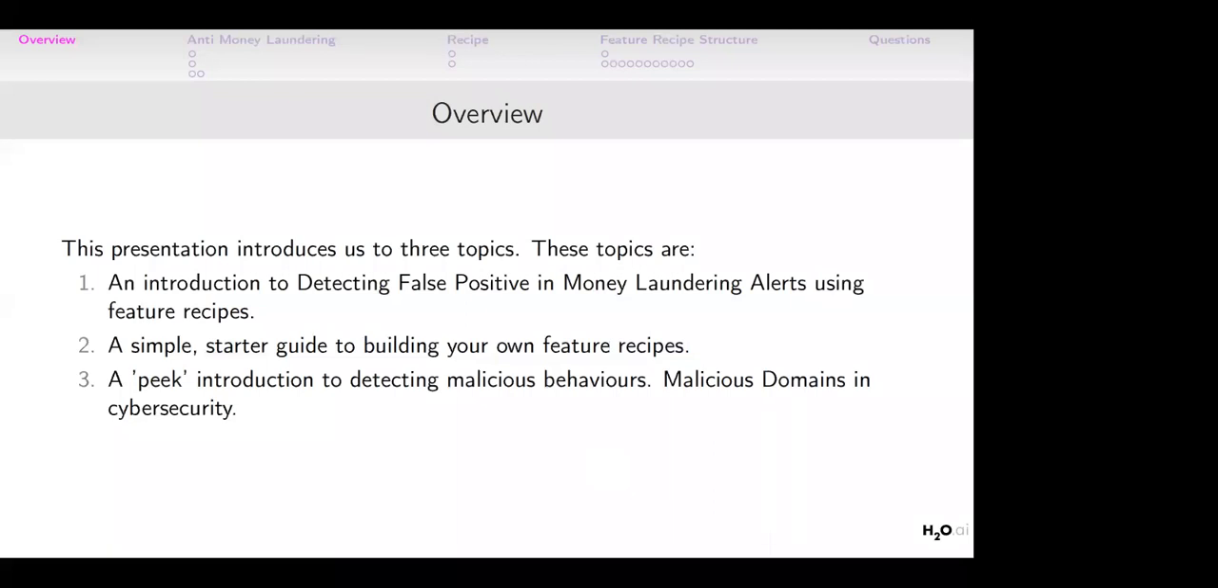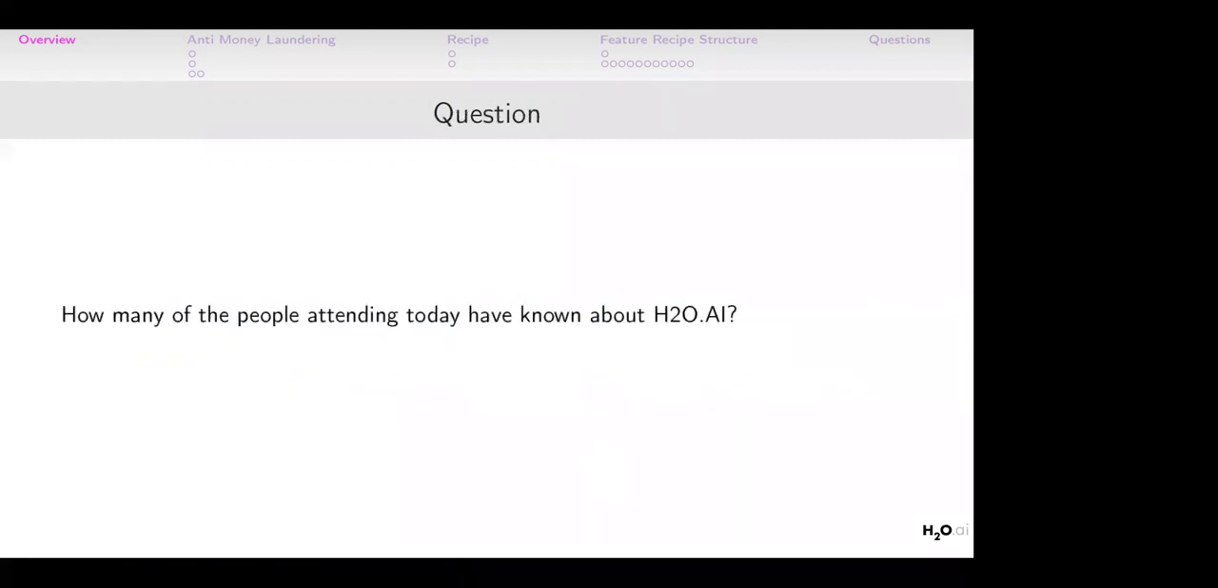And then finally, if we have some amount of time, I'll also try and show you a peek into how we solve the malicious domains problem in the field of cybersecurity, as that's another field that I'm very passionate about. So having said that,